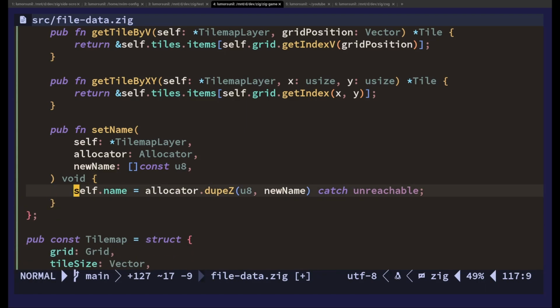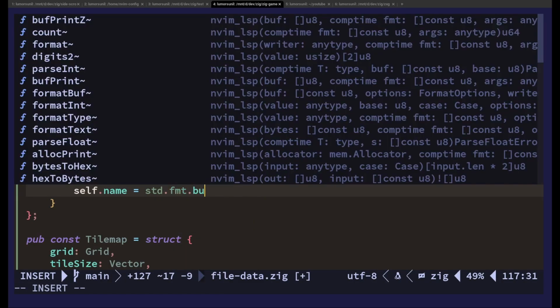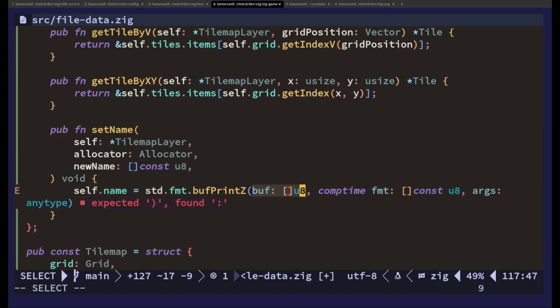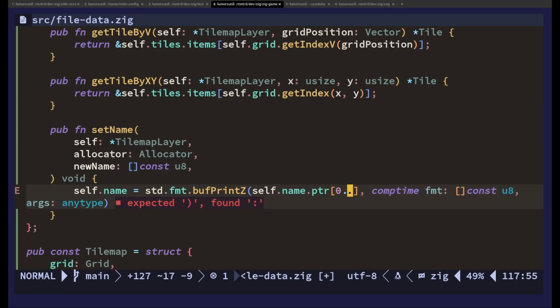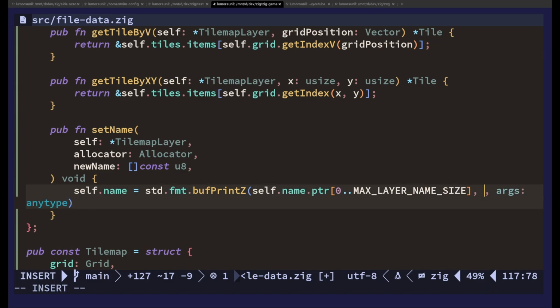We're not going to duplicate, we are going to say that it's going to be the same thing. So we're going to buff print z, self.name.pointer, max layer name size, and then the format is going to be the same thing here. So now we keep